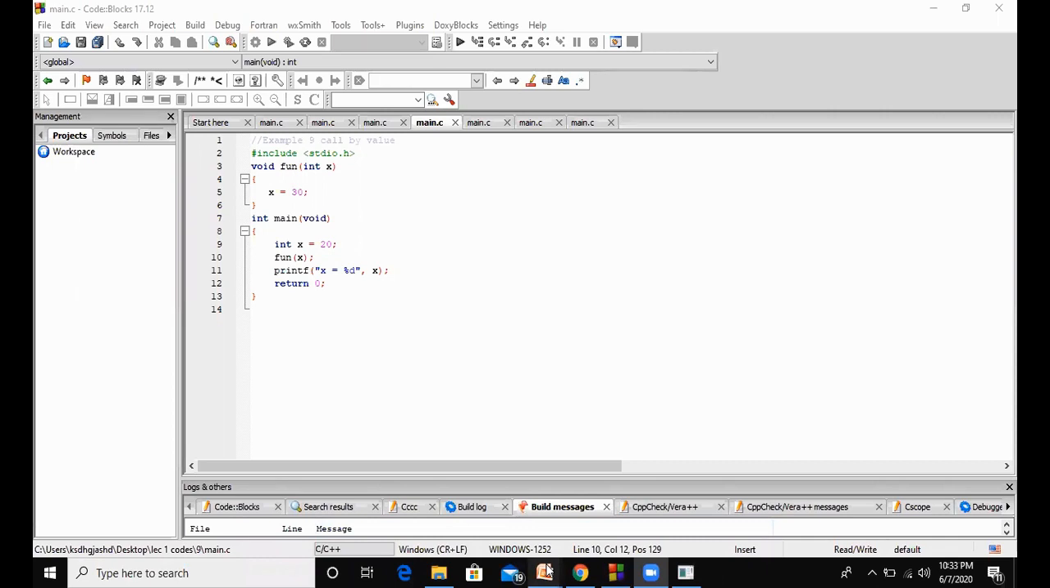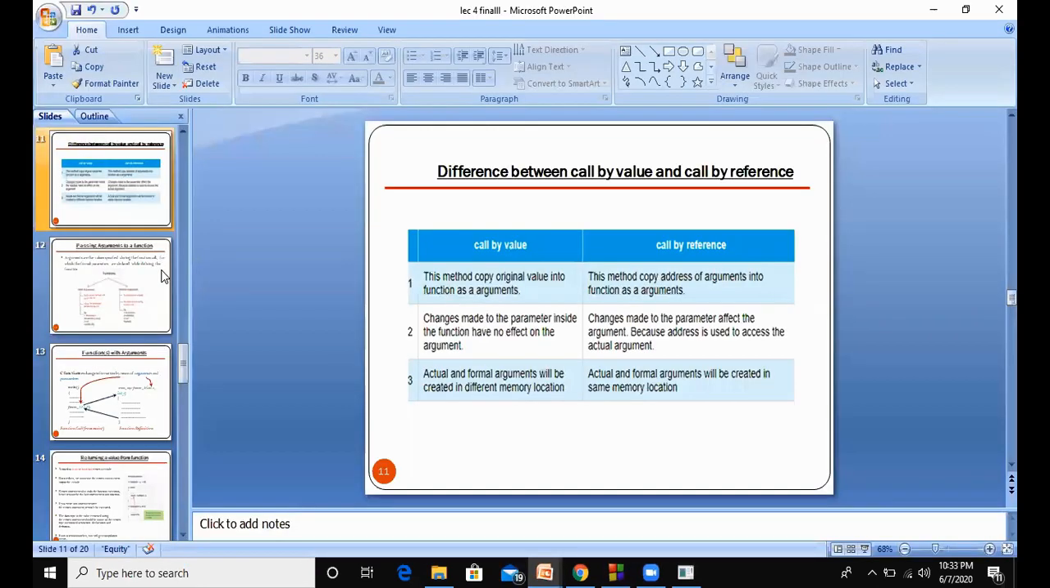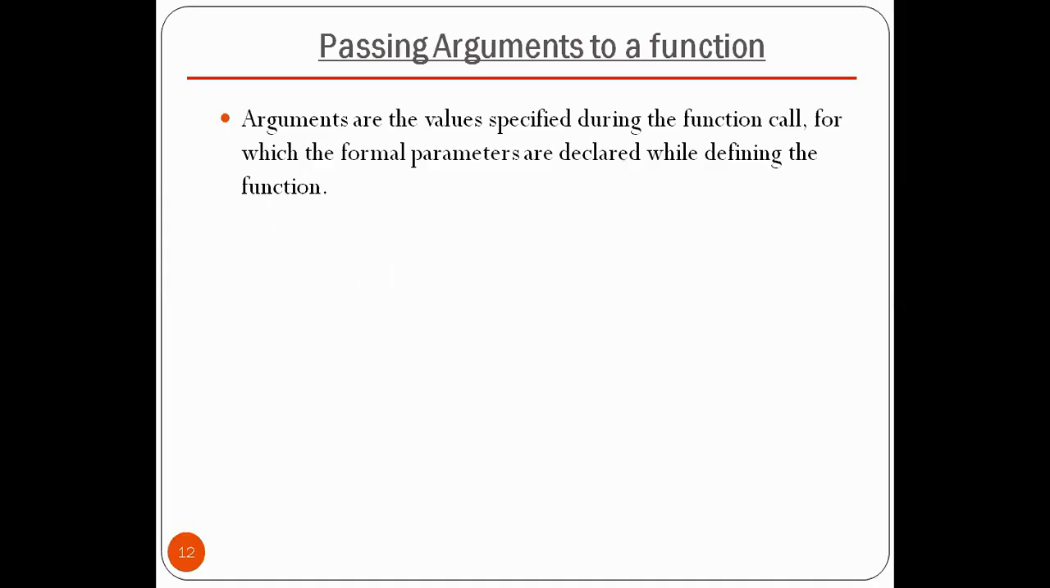Okay, coming back to slides. I hope now this call by value and call by reference is clear to you. Coming towards the next slide, that is passing arguments to a function. Arguments are the values specified with the function call, for which the formal parameters are declared